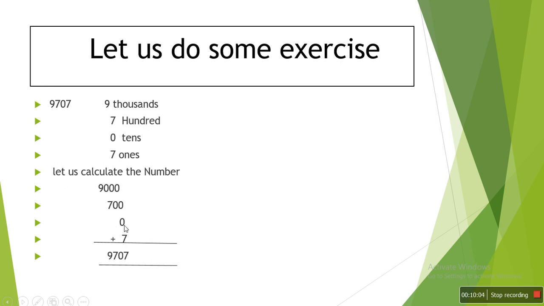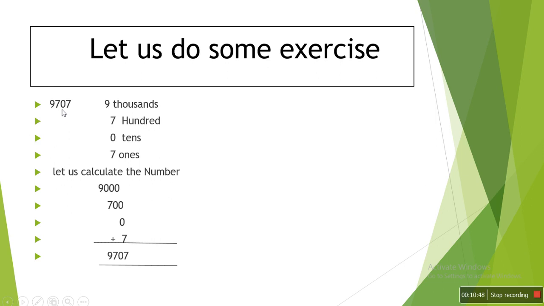Okay, we could write 20. Why don't we write 20 over here? Because if we write 20, it will be wrong. Why? Because 0 is in tens place. That's why we have to write only 0. So if you write 20 over here, it will be wrong. Because 0 is situated in tens place, that's why we have written 0, and it will be right. And 7 is in ones place, so we have written 7. So again you will add the following numbers: 9700, 0 and 7. So the same number you will find that we have expanded.